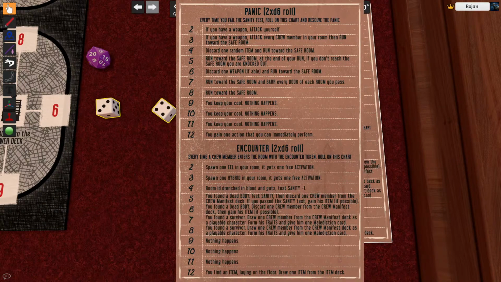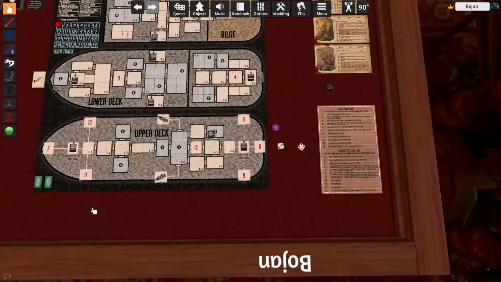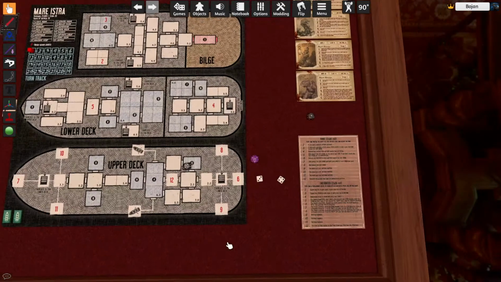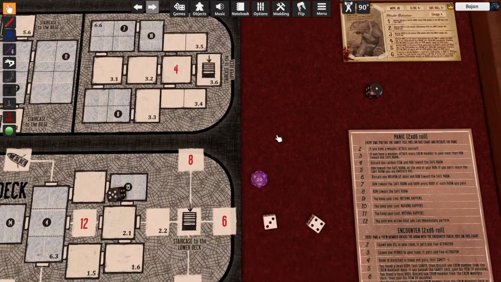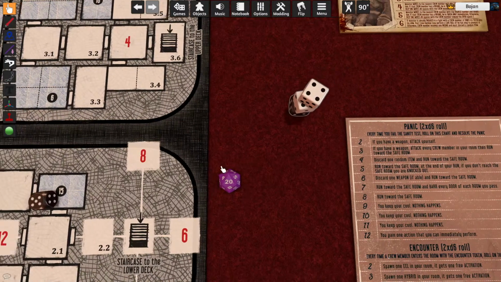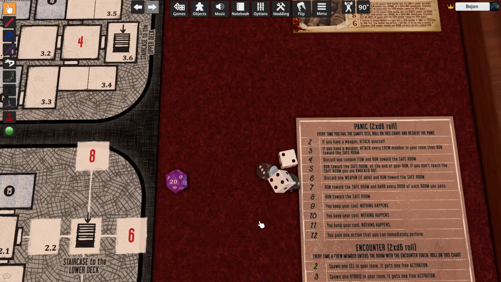Draw one crew member from the crew manifest deck as a playable character. Form his traits and give him 1 malediction card. So you will find a survivor. When I make a deck of the characters, you will just take the first from the top. It will be shuffled, so who knows. Let's say you found maybe an engineer. There is an engineer there. You take his card, take 4 dice and form his traits, because this is similar to an RPG. So you would roll and then you assign these dice. So you can say, you know what,